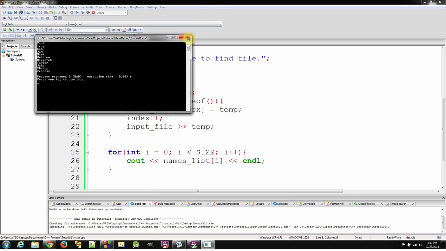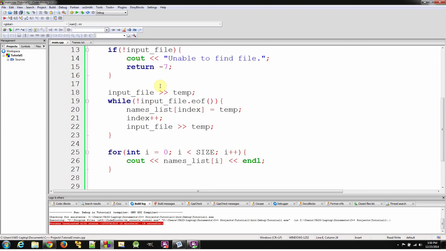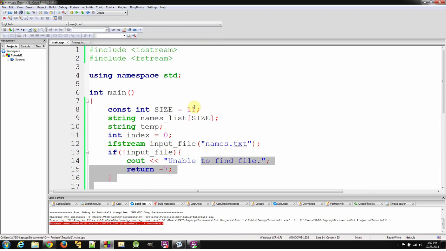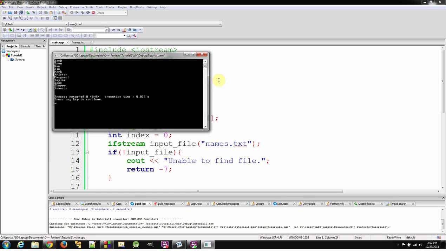But what I want to discuss is these tips and tricks for advanced file input, output manipulation, and these techniques are going to help you whenever you get in funny situations. The first technique I want to talk about is if you get a file with something like this. Now this is a header, and many files have headers, but if we run this program right now and we change, for instance, we would have to change this to 12 before we did it, but if we ran it, it wouldn't crash, but we would get,